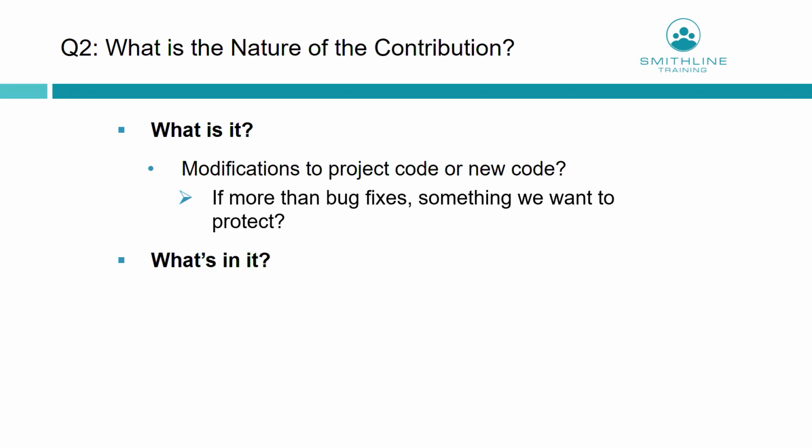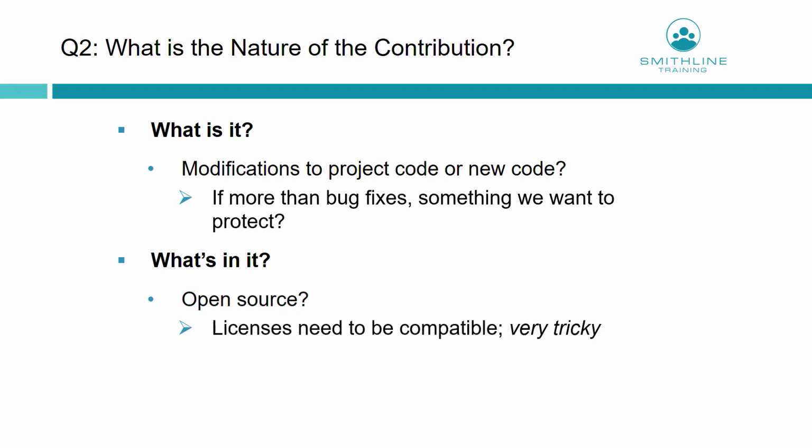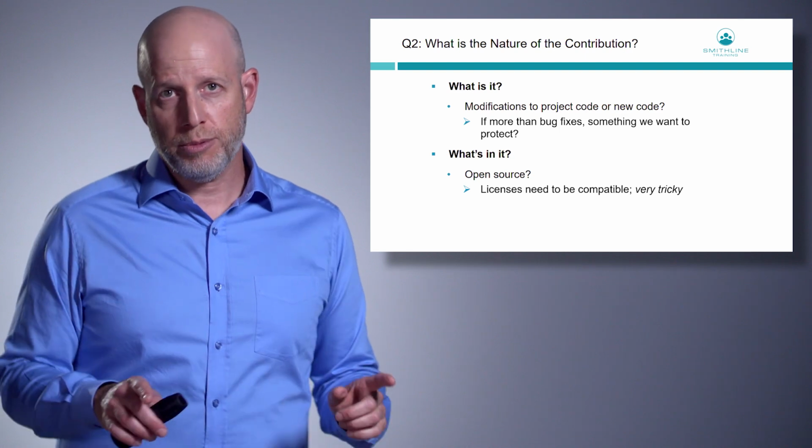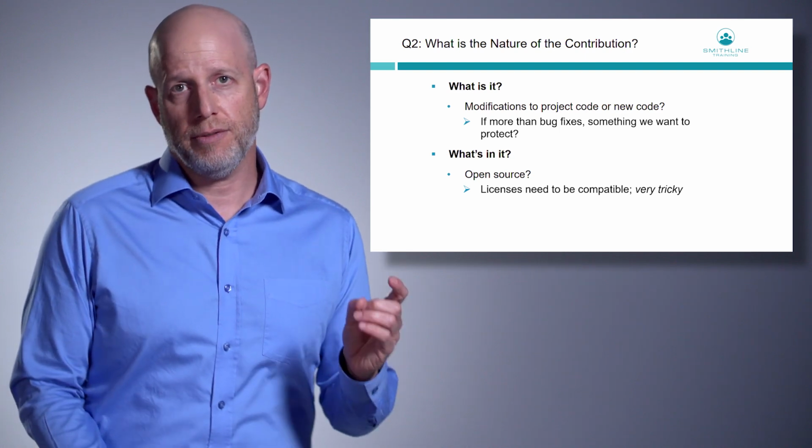The third question is, what's in this code? Is there other open source in the code we want to contribute? And this can get very tricky because it's hard to combine different types of open source together and then hand them over to somebody else under a contributor license agreement. The licenses are all not compatible with each other,